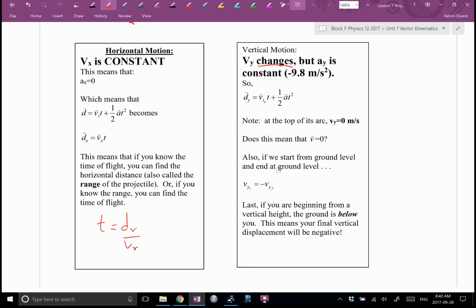Vertically, AY is constant, negative 9.8, so VY is always changing. Oh, I shouldn't say "constantly" there. That was confusing, because I just compared constant and changing in the same sentence. So this is the case, which means, unfortunately, if you're trying to find T,